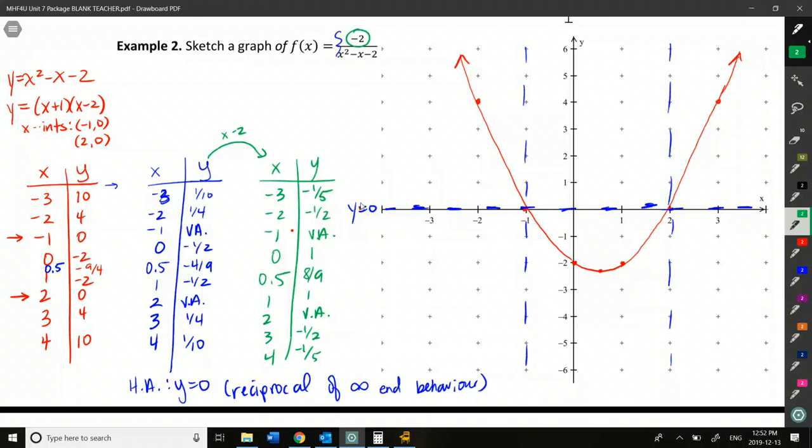Okay, so let's graph these points. So at -3, I've got like -1/5. That's going to be a pretty tight in there. And same thing at 4, we've got -1/5. And then -2 is -1/2. Same thing with 3. And then we have 0, 1, 0.5, 8/9. So that's kind of like pretty close to 1. And, oh no, sorry, I graphed that in the wrong spot. Here, and